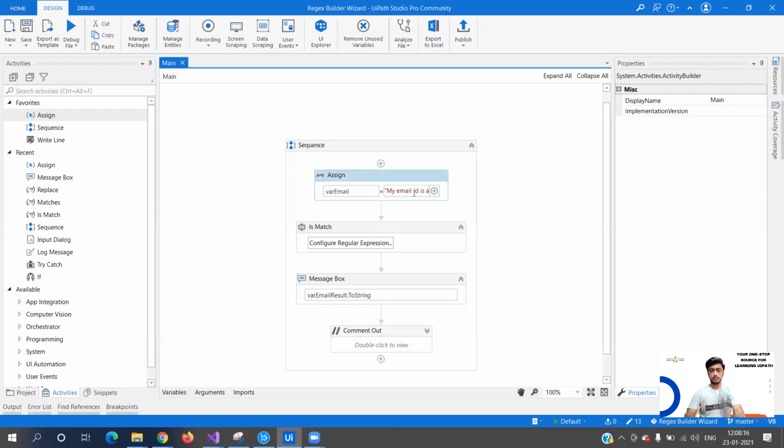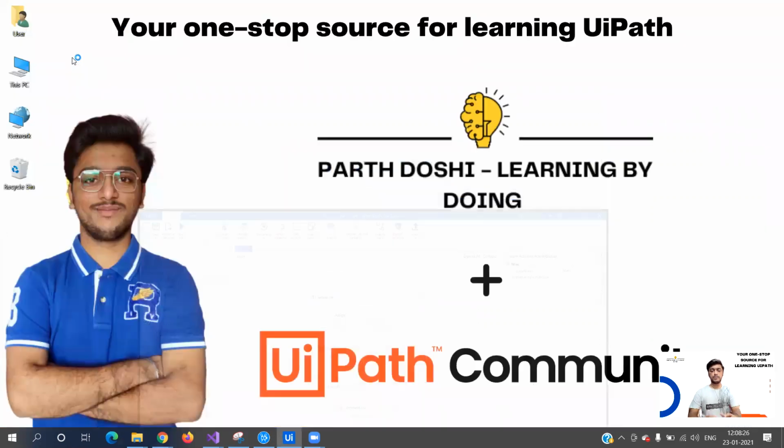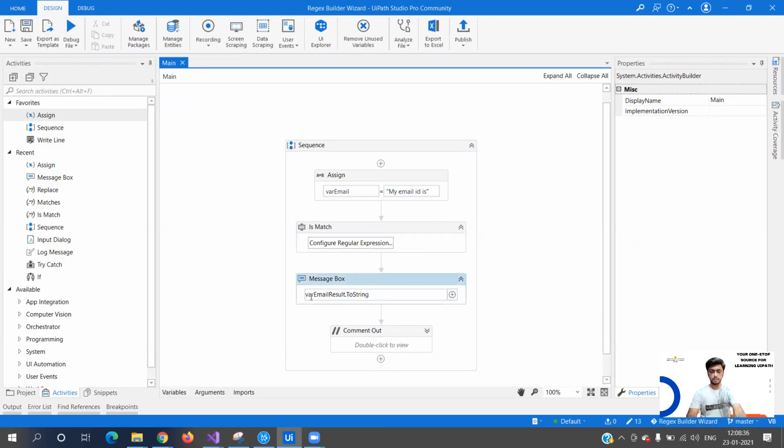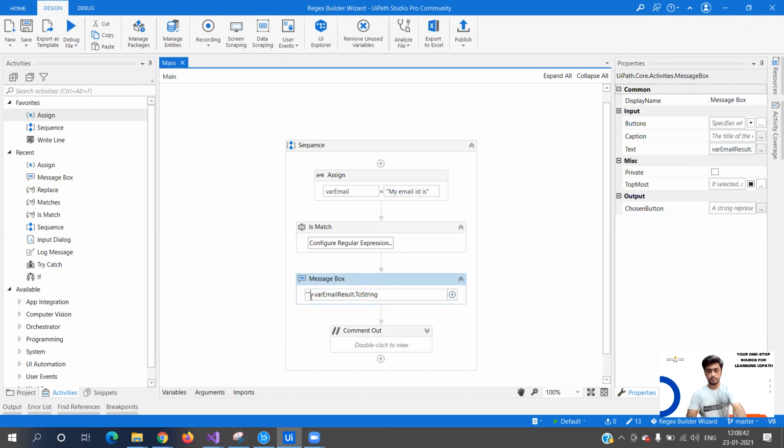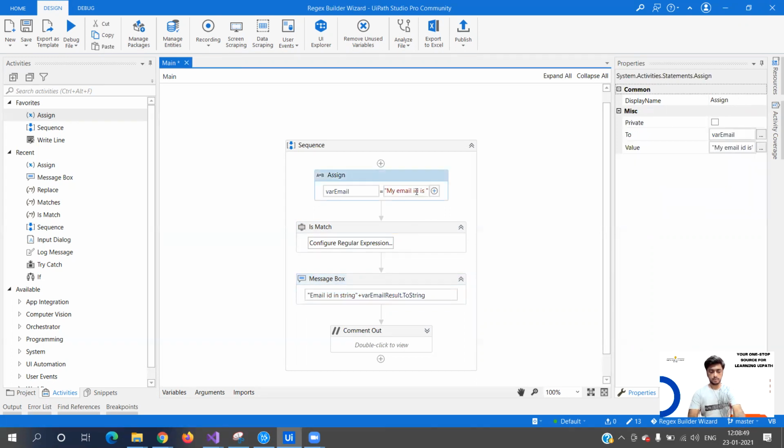Now what we'll do is we'll remove this and we'll check. So now you see, without having any previous knowledge of regular expression, we were able to construct a regular expression that tells us whether an email ID is existing in a particular string or not. And if you see, the answer is false, right? So let me give a context over here. Email ID in string. So let's do this a@b.com, right?